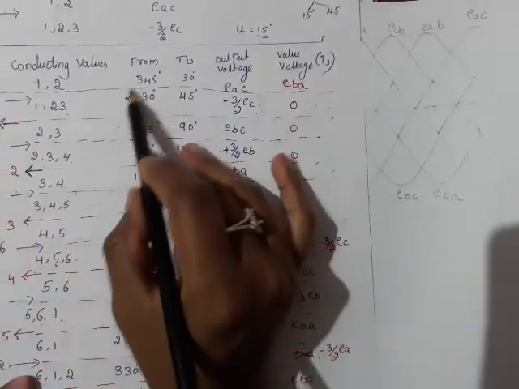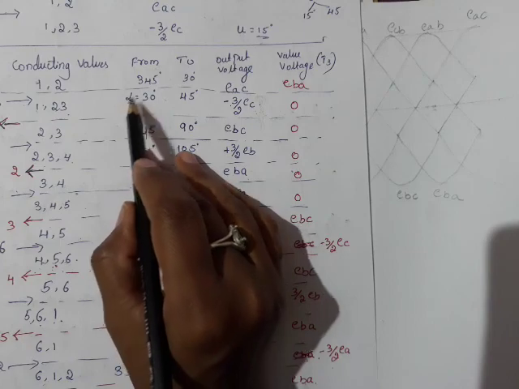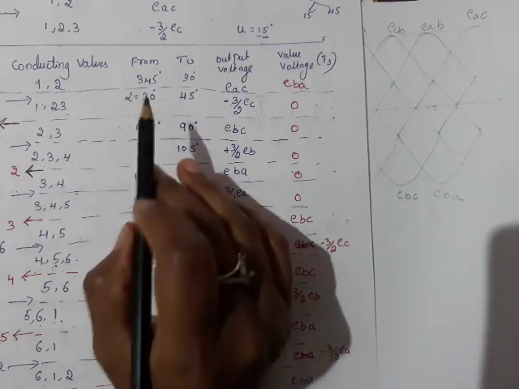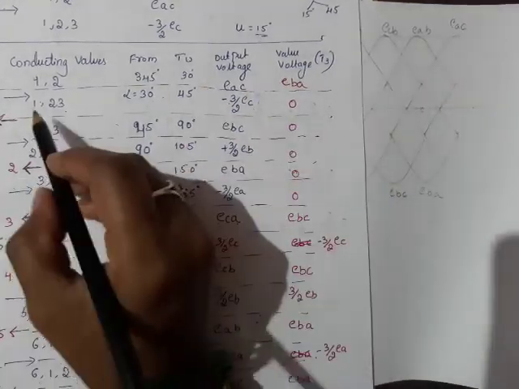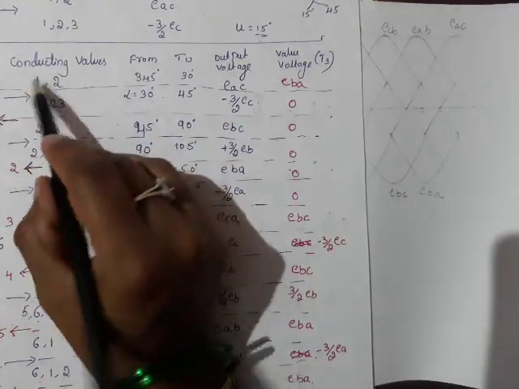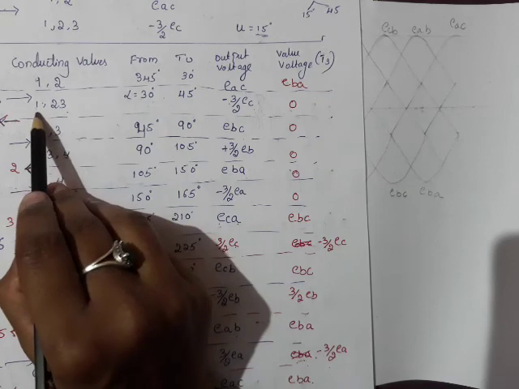Fine. So we need this table. You forget this now. From where to where we don't need. Now we are triggering at alpha greater than 90 degrees. Here we have triggered for 30 degrees. Now we are triggering for greater than 90 degrees. Okay. Forget this, we'll write this later. We'll start from this point.